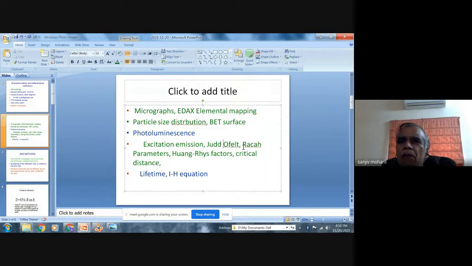If we are studying luminescence of 3d transition elements, then we calculate the Racah parameters. Now, yesterday I had to